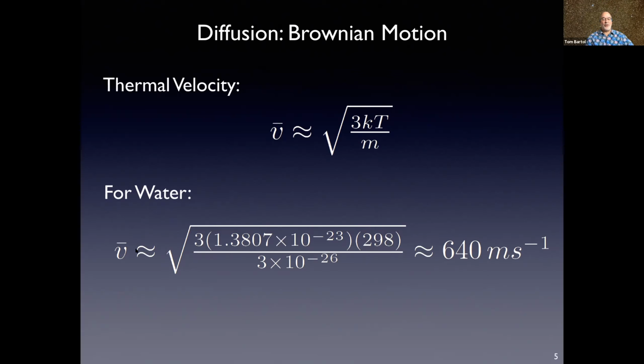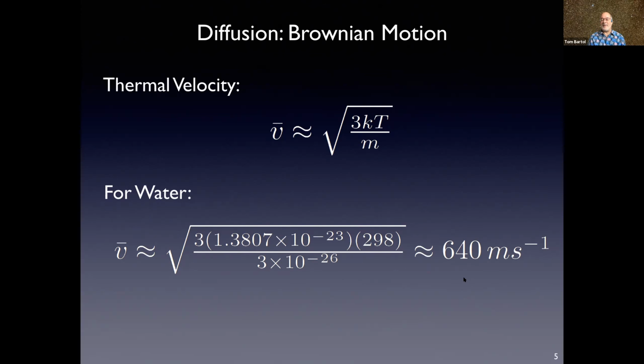For water at room temperature, the velocity of water molecules in liquid water is about 640 meters per second,